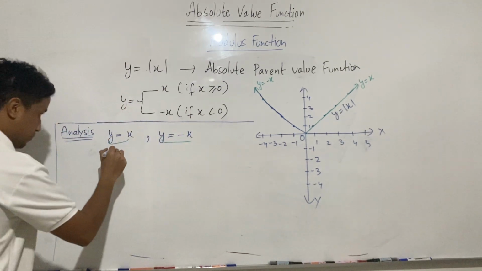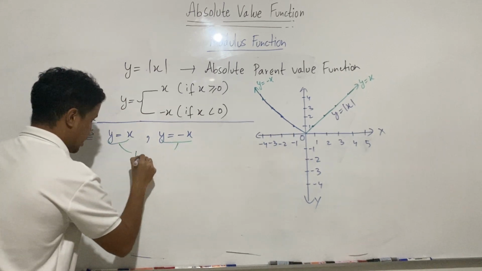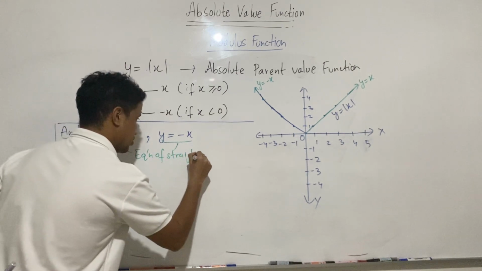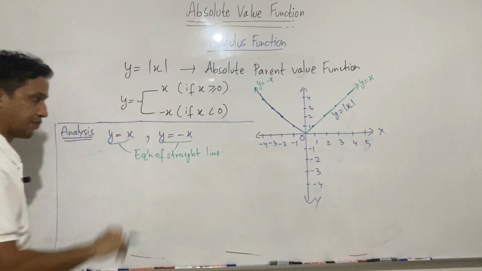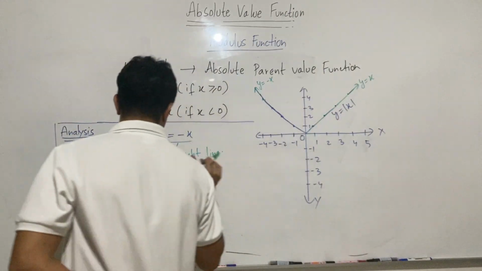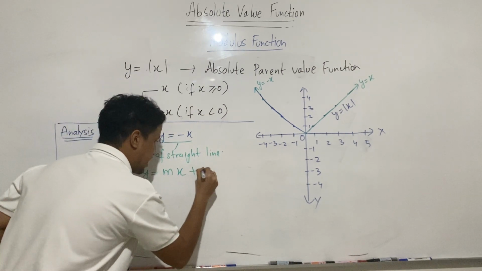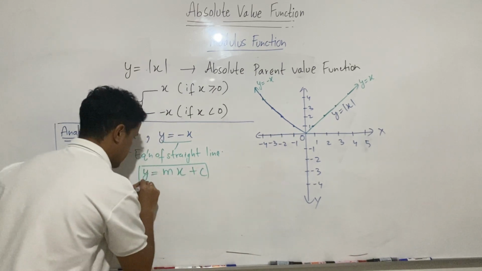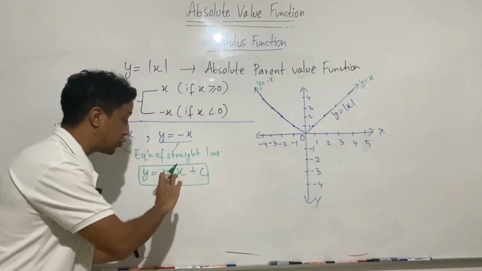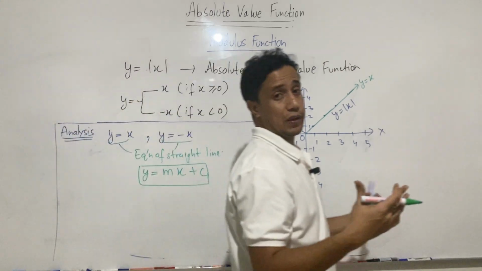Okay, see here, I can write here the equation of a straight line. The general equation of a straight line is y equals mx plus c. Okay, we have to understand this. If you don't understand this, later you will get problems, because